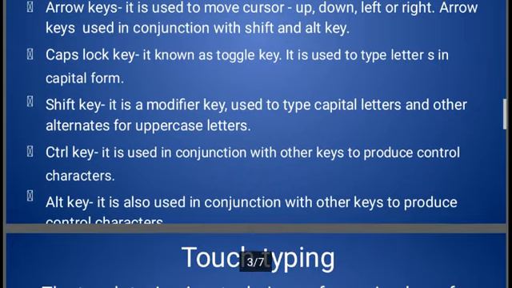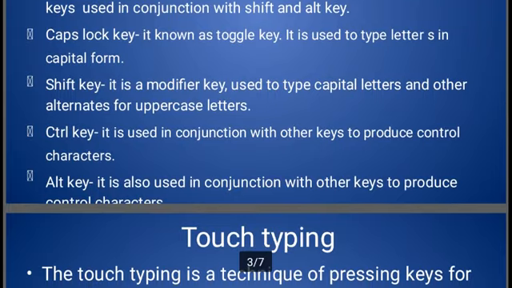Okay, the control key is used in conjunction with other keys to produce control characters. Generally we use the control key for shortcut commands, so we can do our work fast. Another key is the alt key. It is also used in conjunction with other keys to produce control characters.